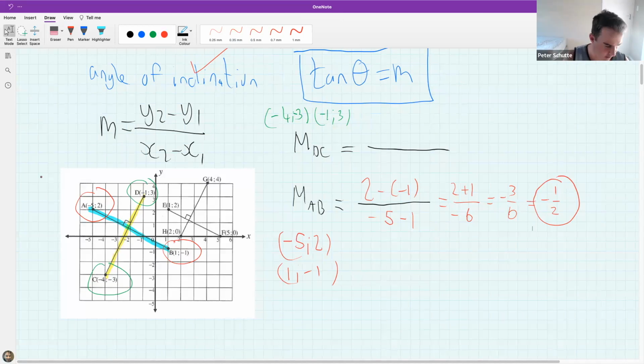Okay, when you're ready, maybe you can put your answer in the chat and let me know what you get, and if you notice anything interesting about them. Let's have a look at the green ones. So what would the green ones be? Oh, my pen was being a bit funny. So go. I often think it's a good idea to go 3 minus minus 3 like that. And then we go -1 minus -4. And then we get